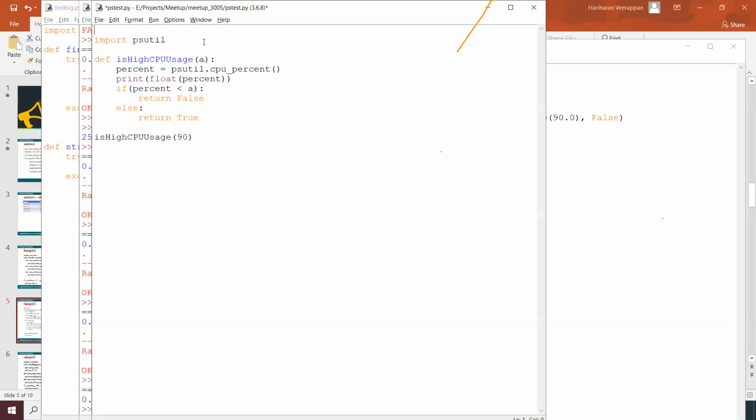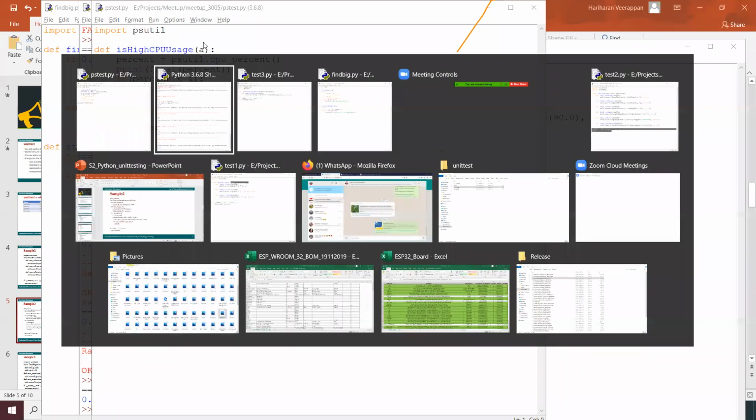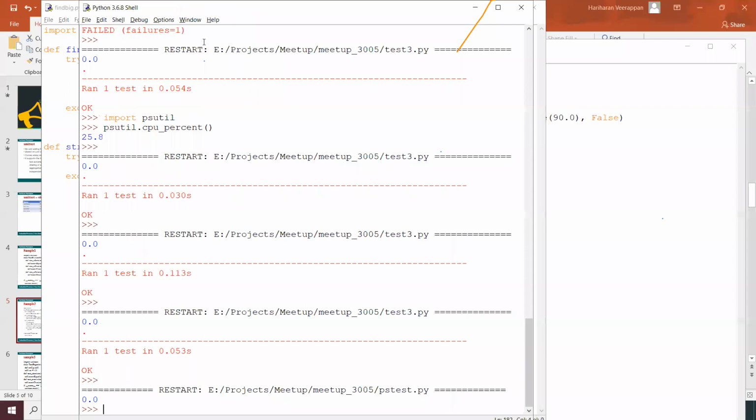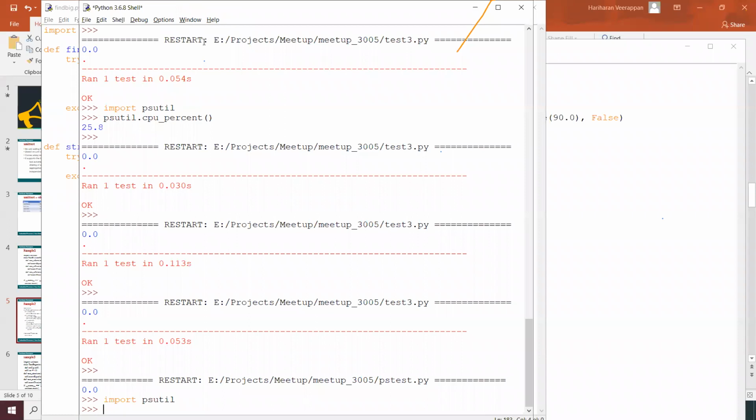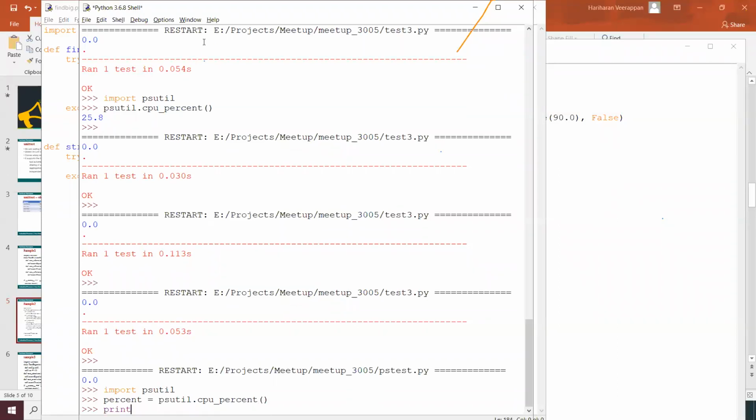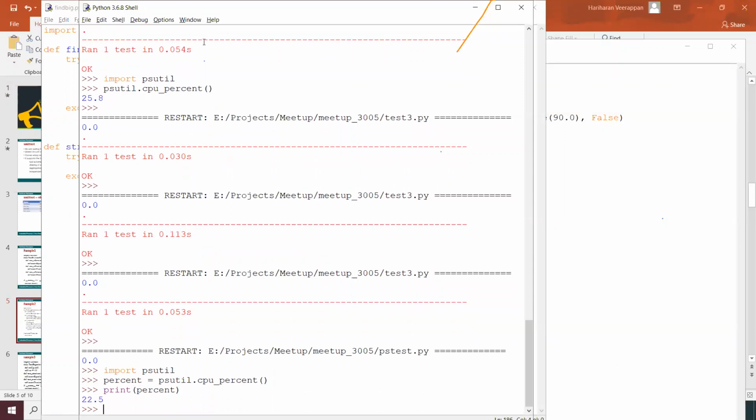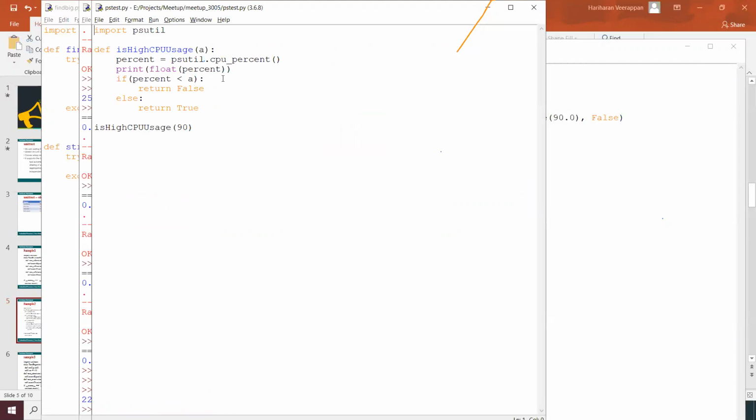For example, validating here in the console: import psutil and then percent equals psutil.cpu_percent, and then print of percent gives 22.5 as the output over here.